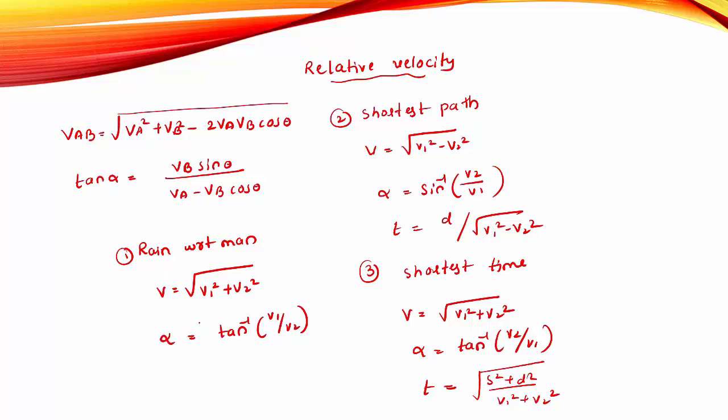Just remember all these equations are very important to find magnitude and directions. So this is all about relative velocity, and the next part of this chapter is all about projectile motion. Projectile motion means the motion of an object thrown into the space under the effect of gravity, that gives projectile motion. Here we studied many basic terms related to projectile motion.